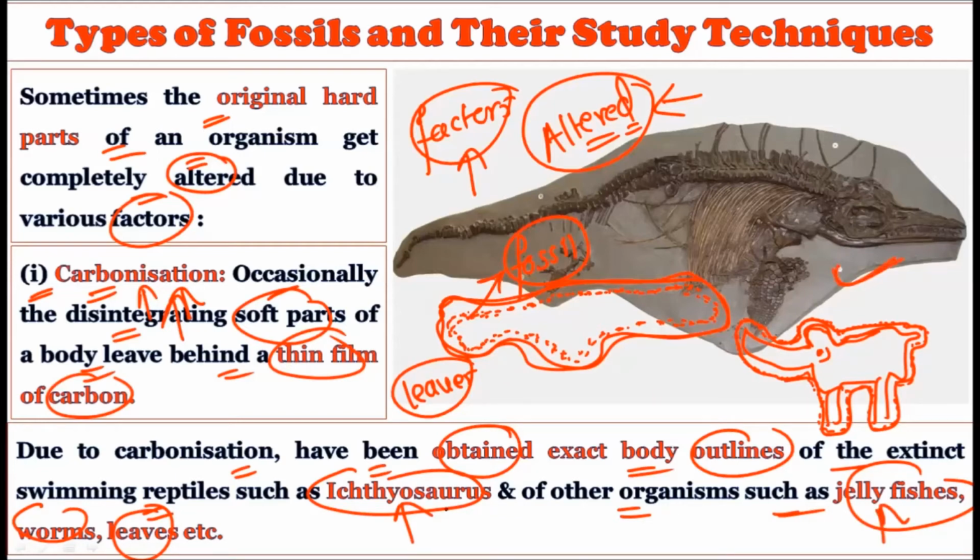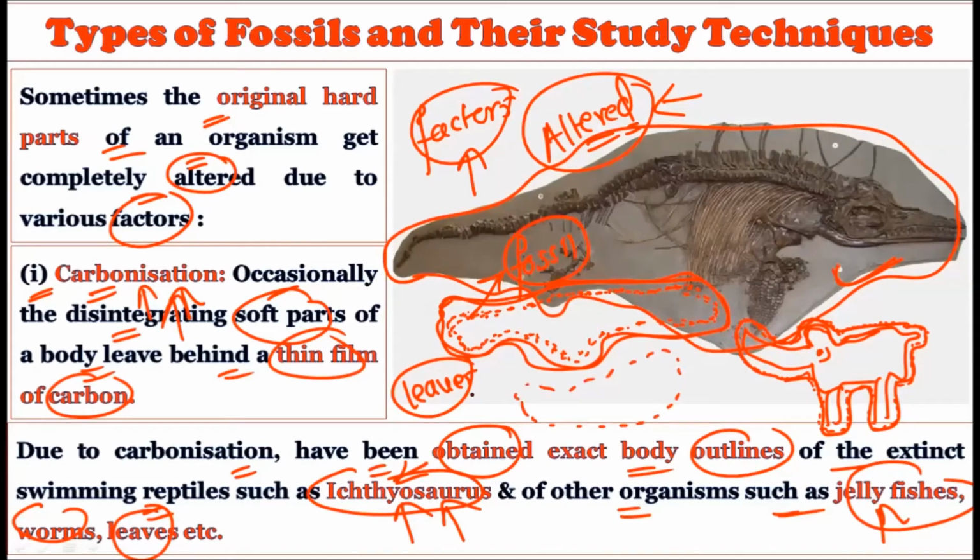Here you will find the example of Echinosaurus. Okay, and here you will have the general outline of the Echinosaurus. So you can actually draw the external outline of the body by using this thin carbon film. Okay, so whenever there is an altered fossil, this altered fossil can be created when different kinds of carbon film are created over a period of time, and this process is called carbonization. Very important thing, you should remember it very carefully. This is called the carbon thin film, and the process is called carbonization, in which we get the exact body outline of an organism.